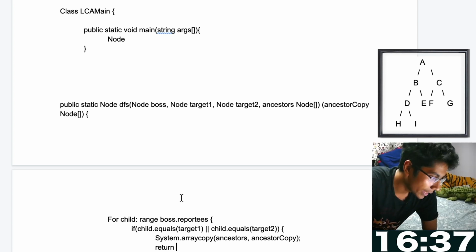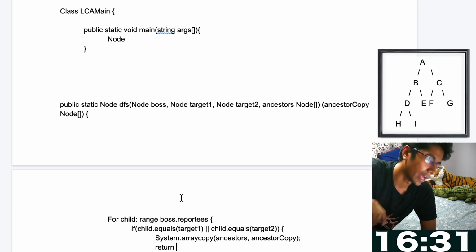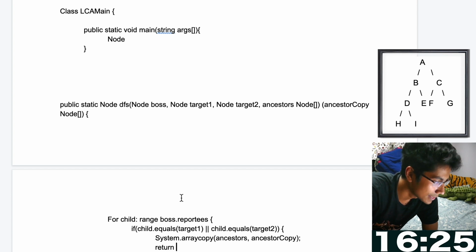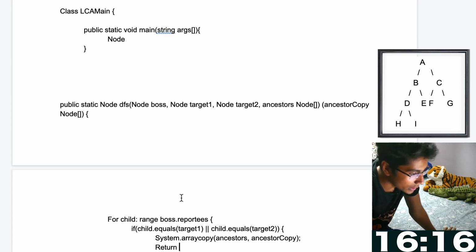Initially, what I'll be doing is I go to the parent node. I call DFS on the parent node. I should say the root node with the two targets, and then I pass in the set of ancestors that it has till this point, which is going to be an empty array. In case I see that one of the reportees is a target,